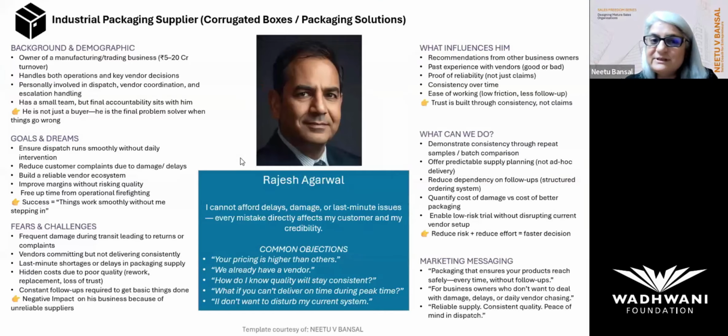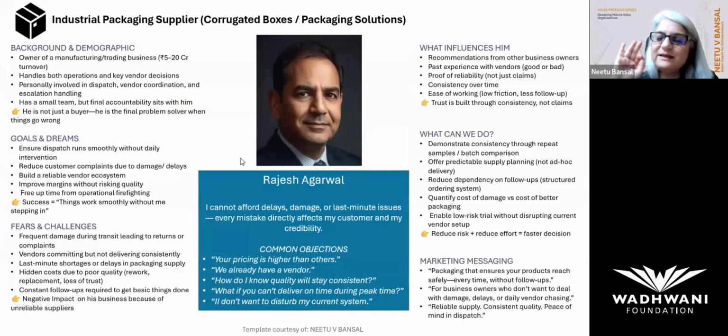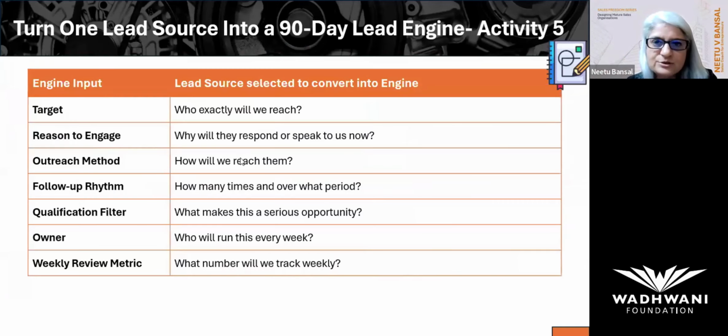And remember, last time we did the persona exercise. Okay, this persona exercise is the beginning of the exercise over here. Whom you are going to target is the persona. If you have done your persona exercise last time, you are ready to get going on this. Okay. So what is your activity now? So this is the fifth activity. I'm calling it activity. It's also your decision map.